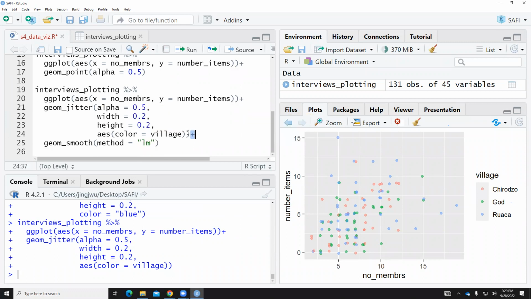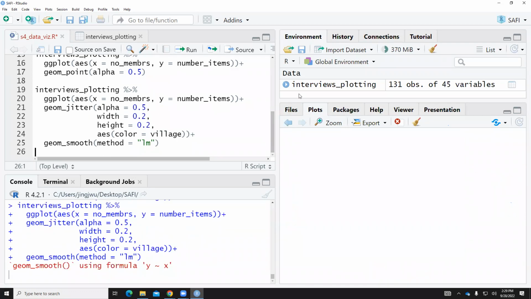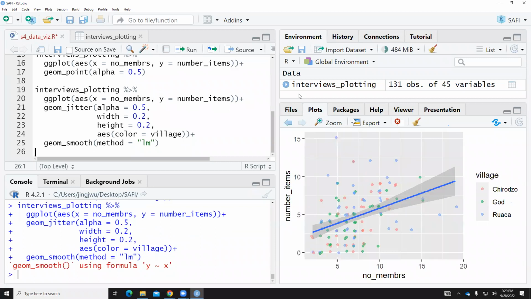So we use plus to connect those 2 geom layers. So we see this trend line. This is a trend line across all those observations for all 3 villages. If we want them separate, each village having its own trend line,